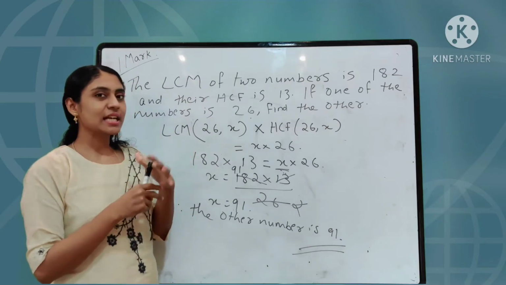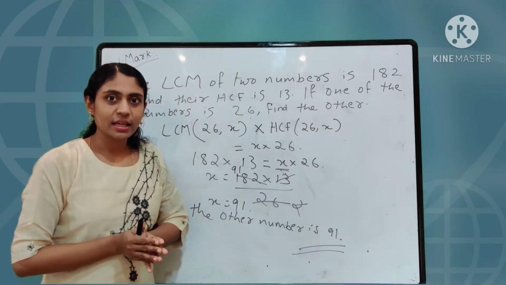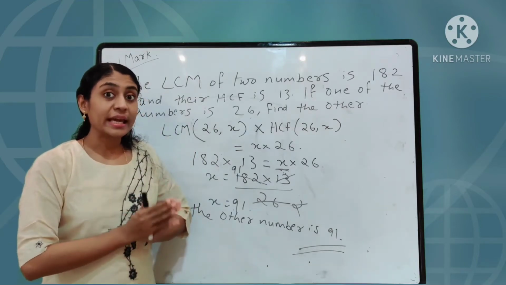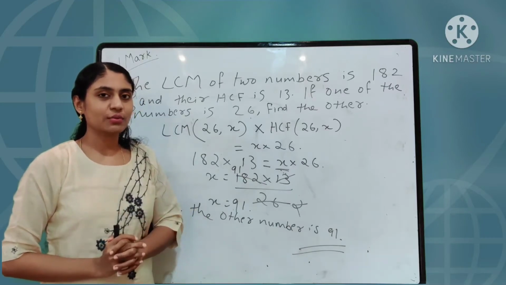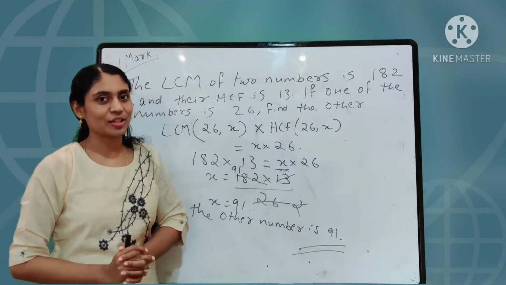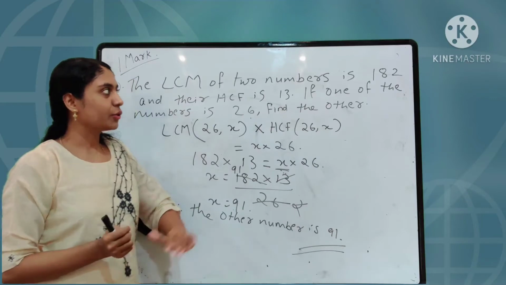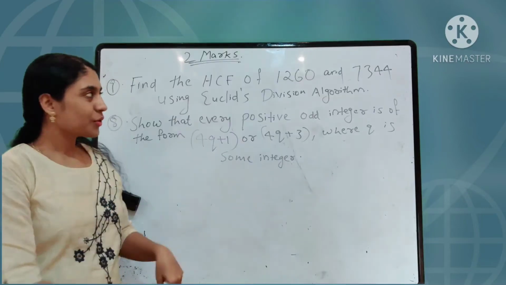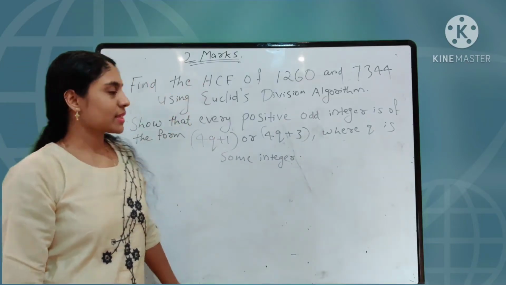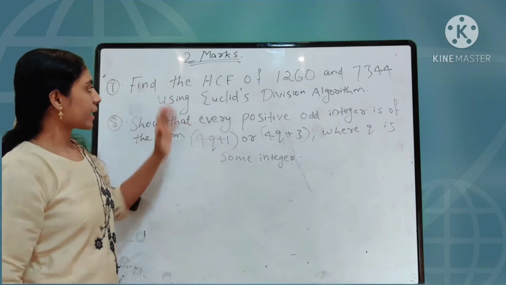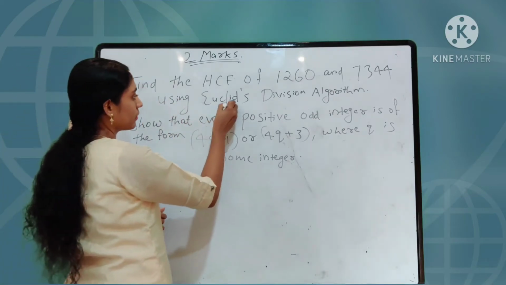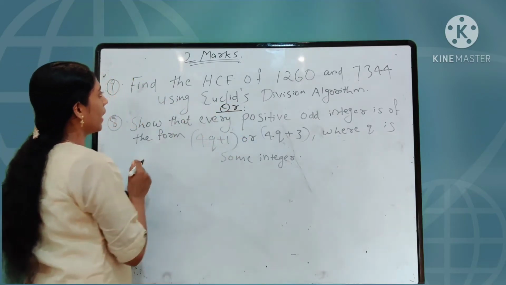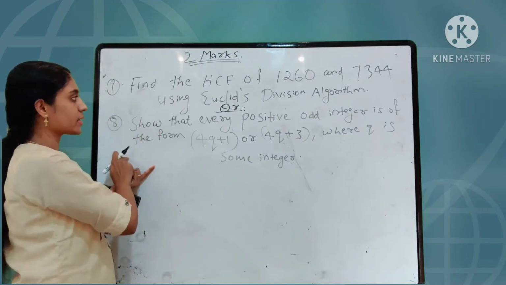So what can you conclude from these 1 mark questions? We can realize that 1 mark questions are mainly from the LCM HCF section, right? From the prime factorization section. So we concentrate on that while doing 1 mark questions. Friends, now we can get into the 2 marks questions. And this question is actually an OR question in that question paper. And I have written it as 2 questions, okay?